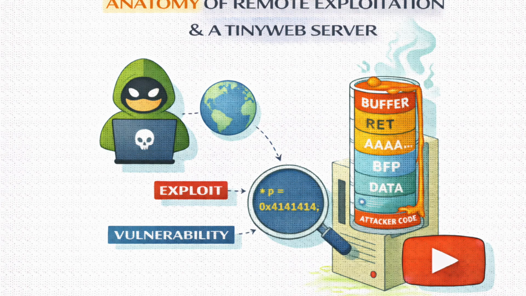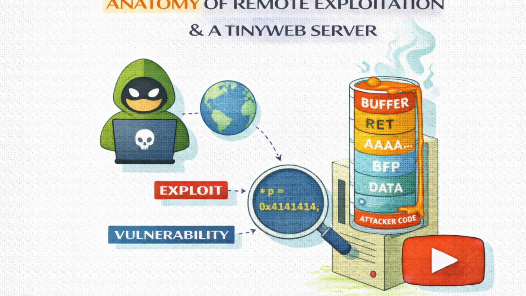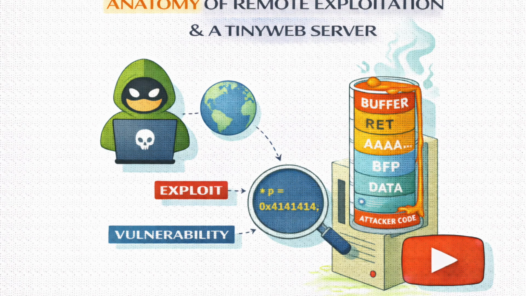You have to flip the script. Instead of you connecting to the victim, you make the victim connect to you. This is the reverse shell. And this relies on the fact that firewalls are usually much more lenient about outgoing traffic, right? Correct. Employees need to browse the web, check email, download updates. If the firewall blocked all outgoing connections, nobody could work. So usually if a call is coming from inside the house, the firewall just waves it through.